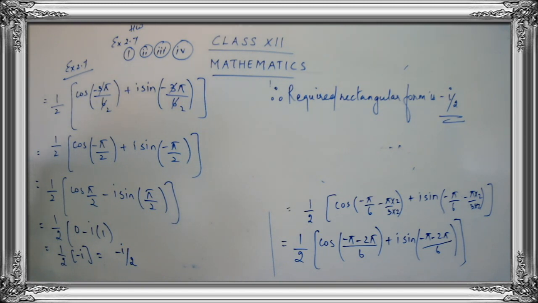I hope you were clear with today's sum. So we have completed the first one. What was the first thing? We tried to change the complex number in terms of polar form, and also we changed the polar form in terms of a rectangular form. So we have seen both the forms. Just practice all the sums, and we will be continuing with the remaining sums in the next class.